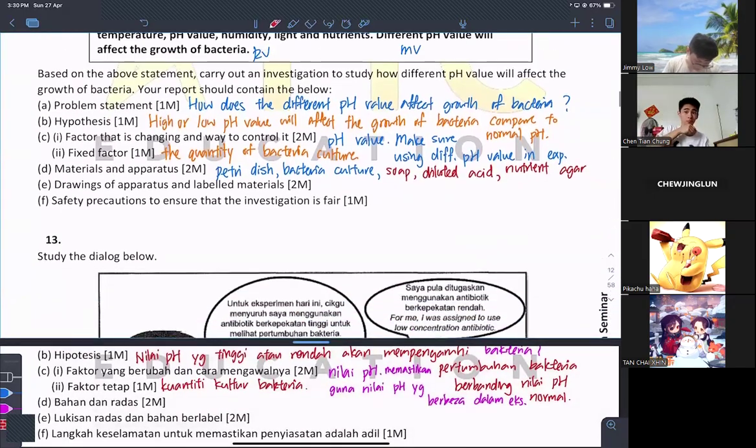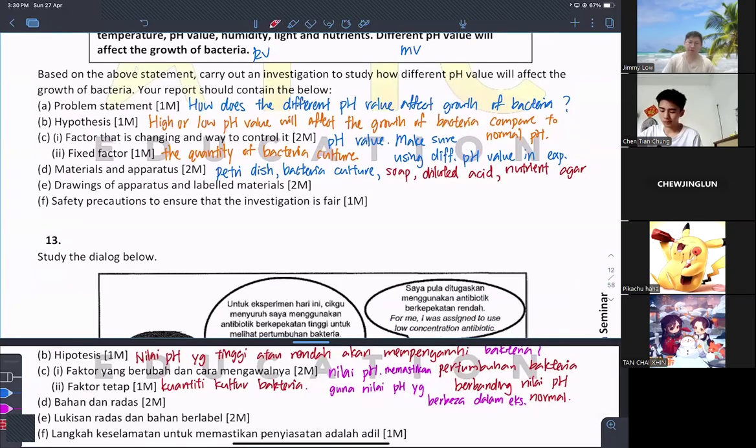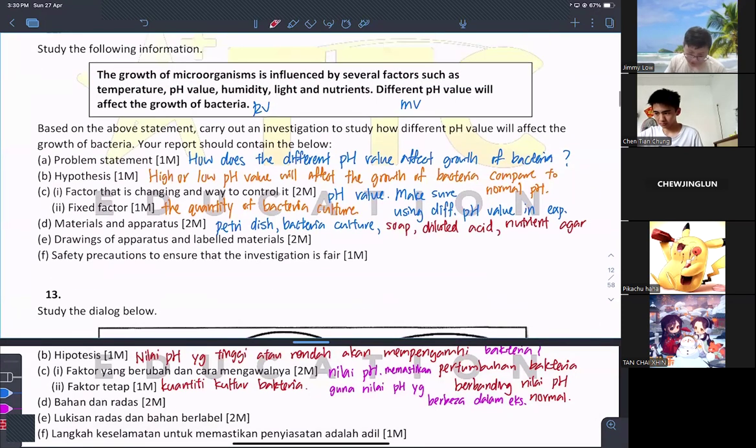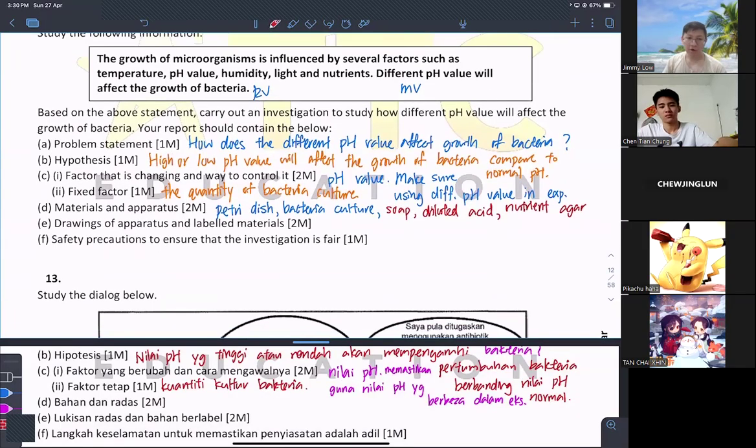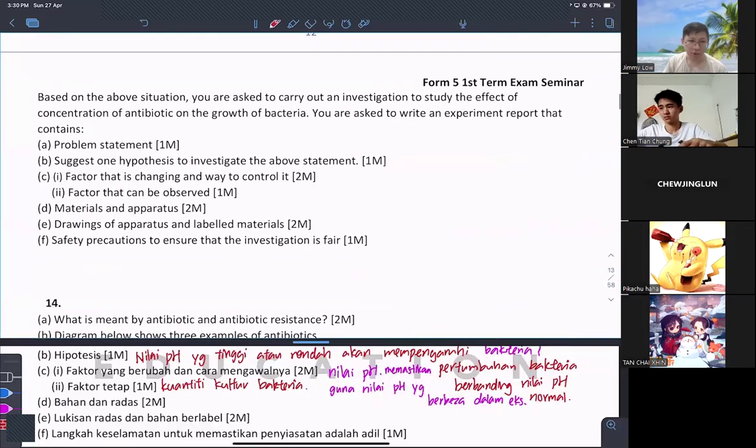Okay, so when you sketch, a few things you have to be careful about. One, whenever the question asks you to mention all the materials by your own, make sure you have sketched all of them. Okay, you have drawn all of them on your paper. So you cannot randomly add extra things in your sketch in the exam. Or if the question already gives you the materials, you must make sure you use up all the materials given in the question.